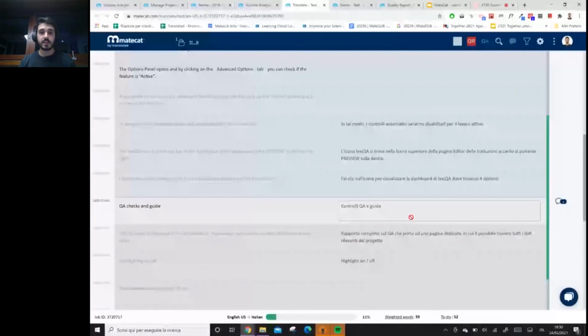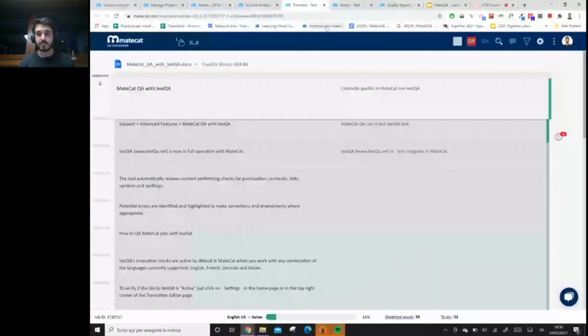So there is a lot that can be done with MateCat, and of course in this time slot, it's almost impossible to show you all the different capabilities. But I hope that I managed to convey how flexible and simple this tool can be. So if you have any questions,